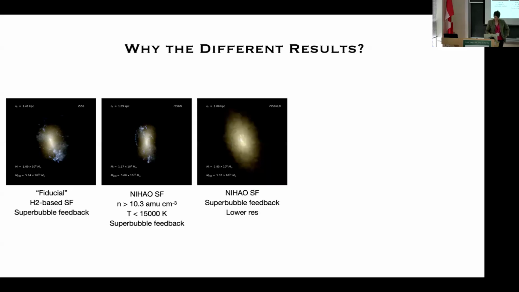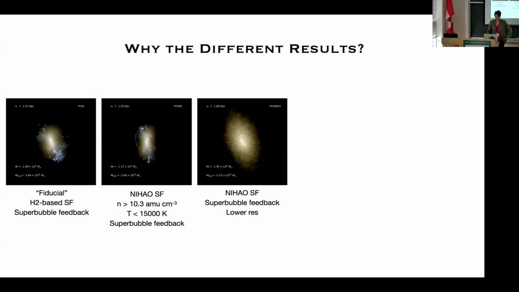Here's what happens when I just change the resolution. It's this exact same thing, but now I've gone to lower resolution. The gravitational force softening over here is about 85 parsecs. Here it's twice that, so about 170 parsecs. The gas resolution in these runs is about 3,000 solar masses, so over here it's a few times 10 to the 4. This is frightening to me, what just happens if I just go to lower resolution. This is not what NIHAO ran, okay? So even though I get a puffier thing here, that's not actually what NIHAO ran.